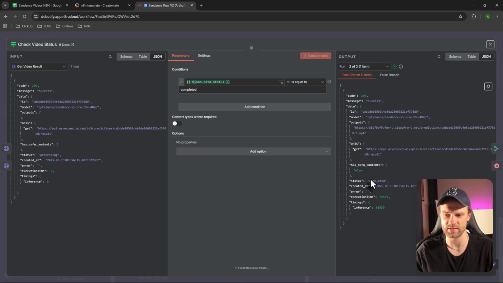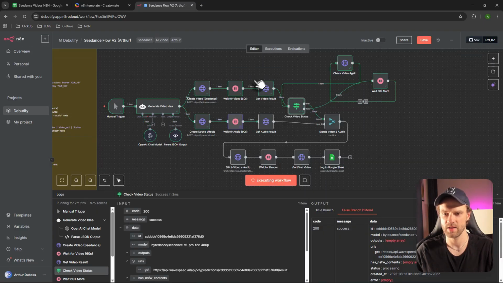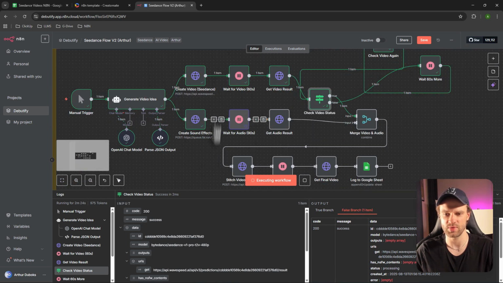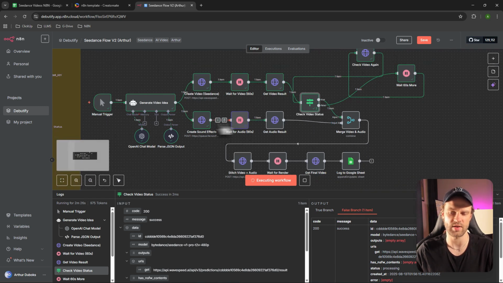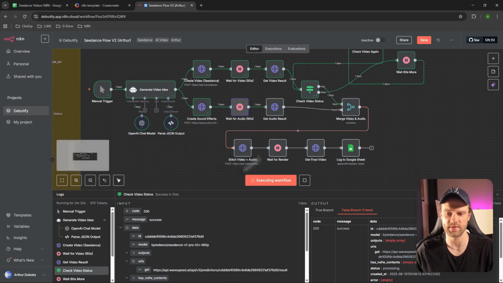the status changed to completed right here. So that's the match. It's matching completed. So now we're moving on to the next node, which is creating a sound effect. That's going to take roughly 90 seconds. And it's going to be the same thing. It's going to get the audio result, and then it's going to merge everything and stitch everything using the